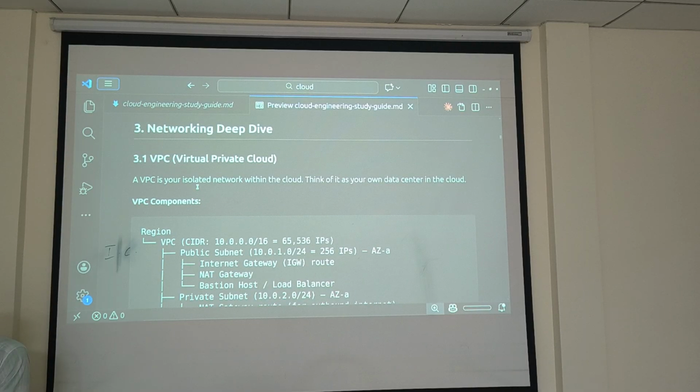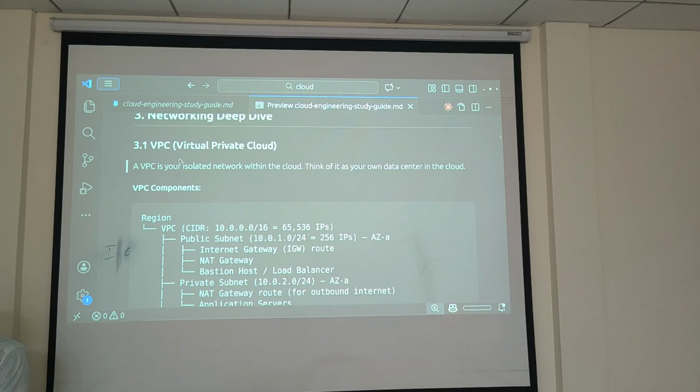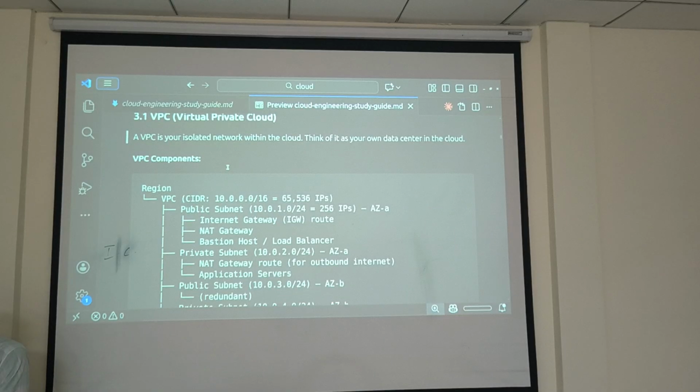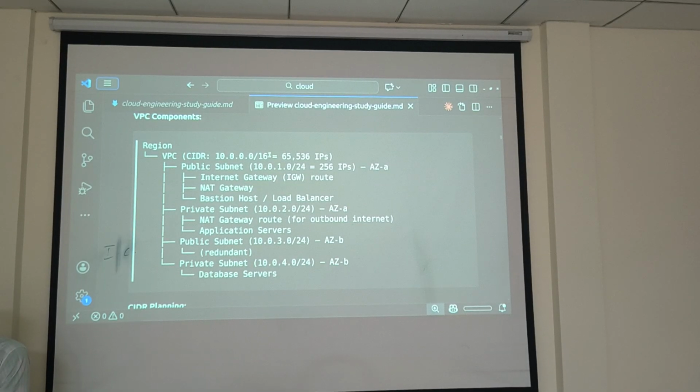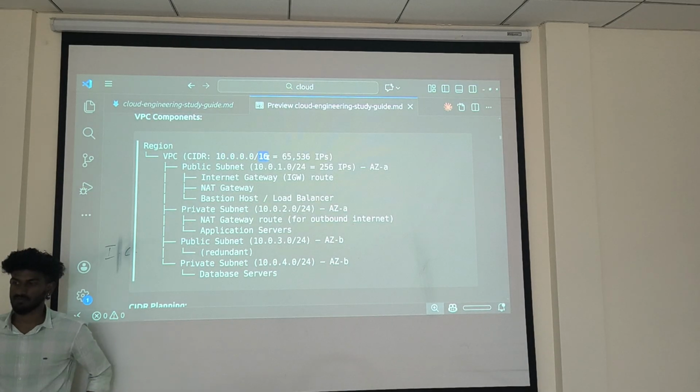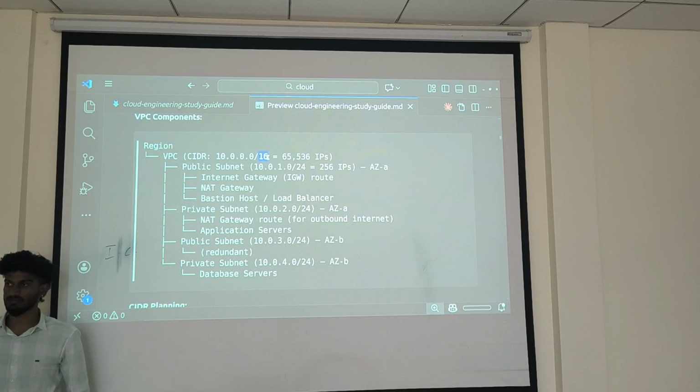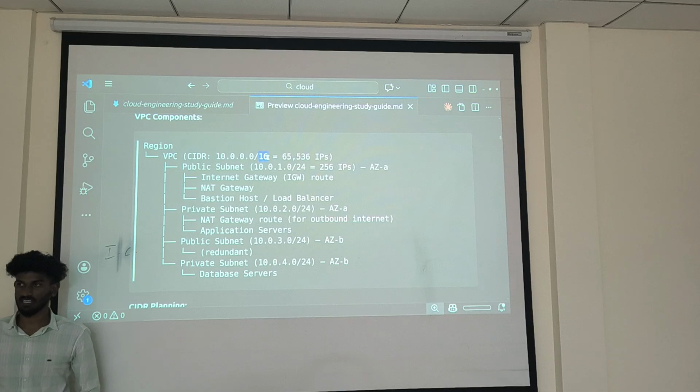In networking, the main thing starts from the virtual private cloud. It will look like this. Does anyone know what this means? This is the IP, an IPv4 address. Does anyone know what is meant by 16? Sometimes they will keep 32.